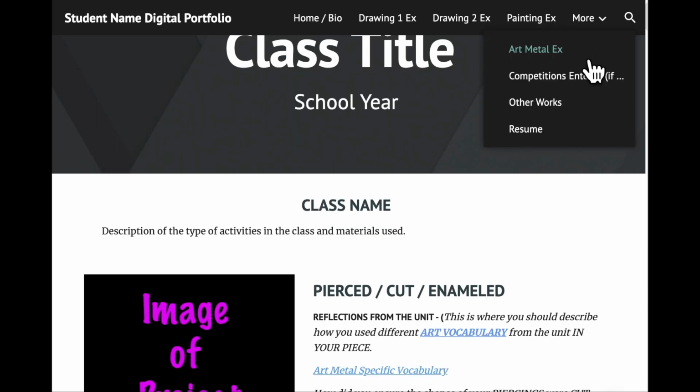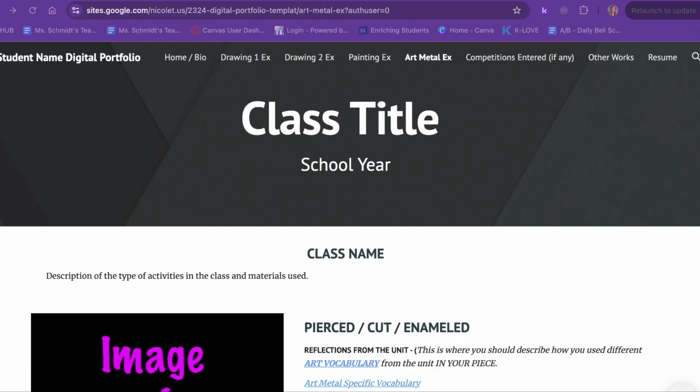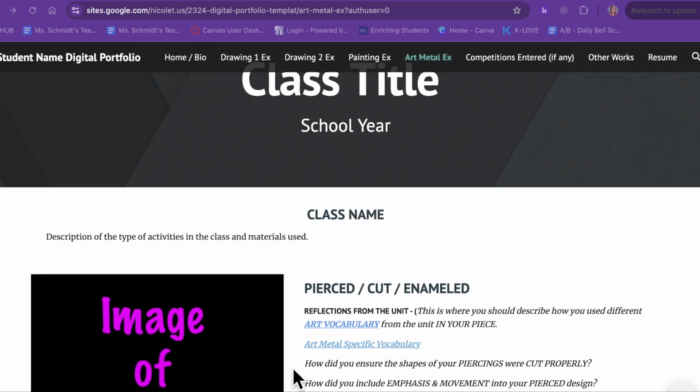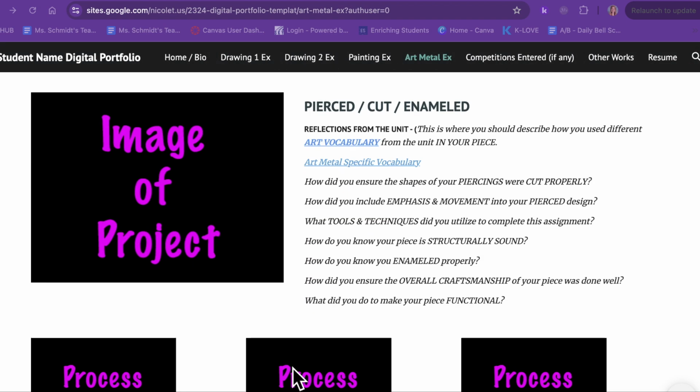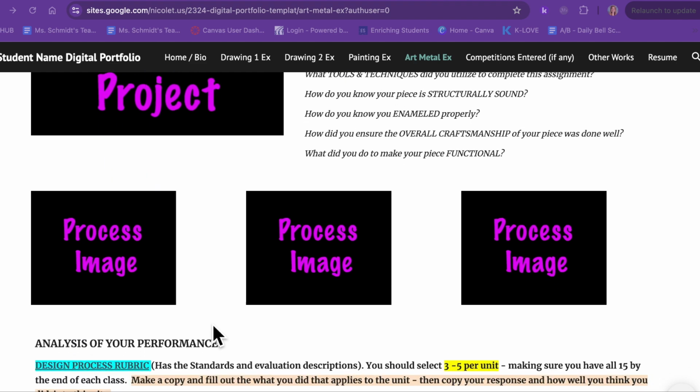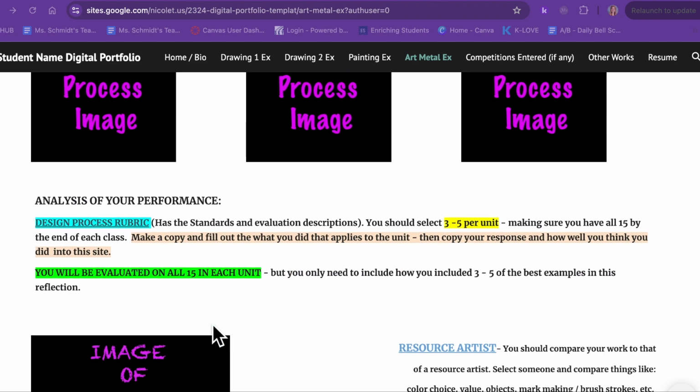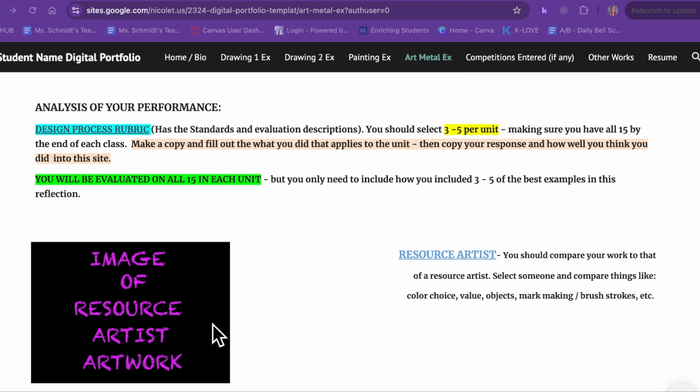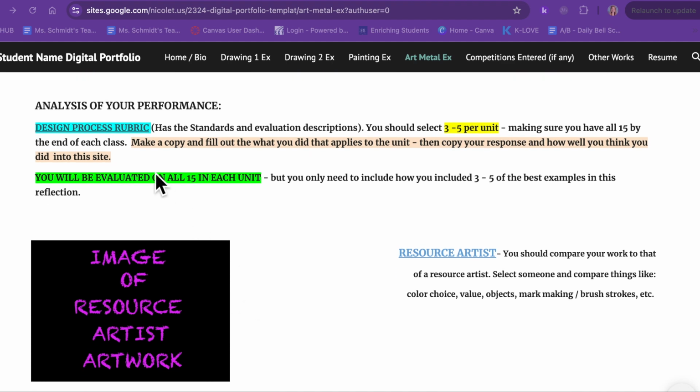As you can see, we are in the Art Medal page. What you'll notice is there's a list for what the different units are, and there are questions that you should answer in each unit. You also need to include a final image of your project as well as process images. And as we continue to scroll through, you can see that you're going to have to analyze the design process